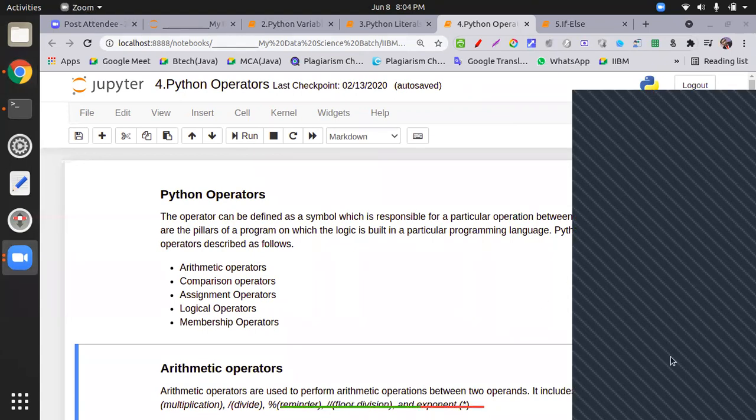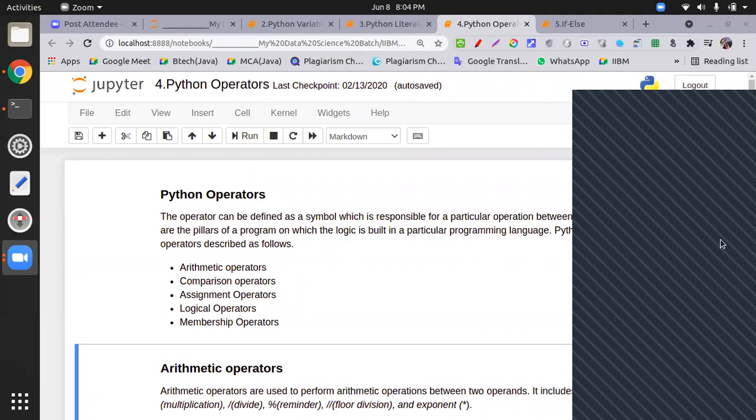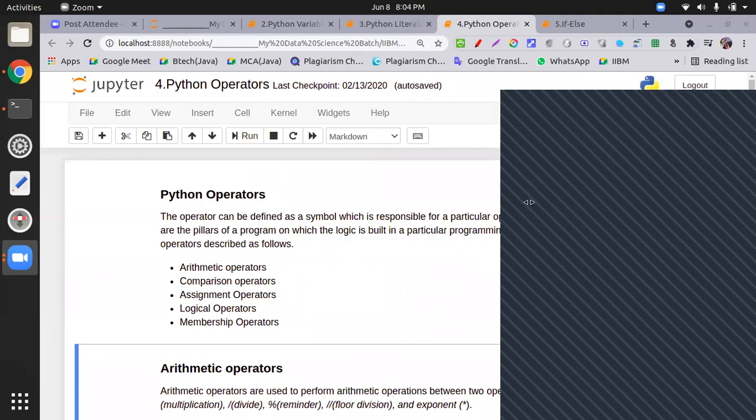Yes, Mr. Nagendra Verma, how do we define operators in a general programming language? Can you hear me? Hello, yes, please. Kante Mallikarjun, yes, please, what is your response?